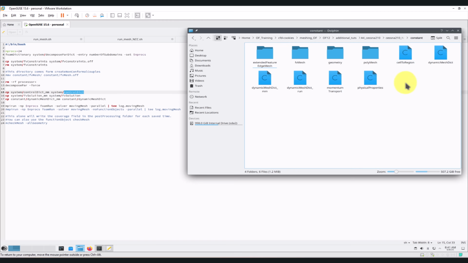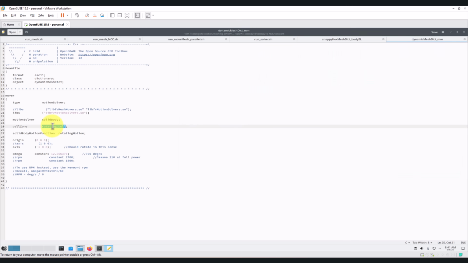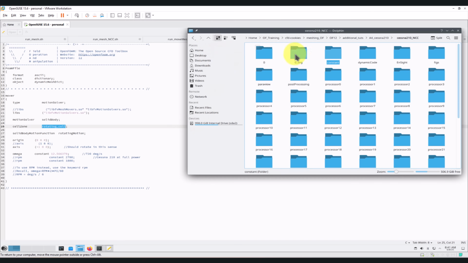So remember that you go into constant, you're going to find this dynamicMeshDict. So see that this is move, and M means moving mesh. Select the region. Remember that you created that at meshing time, similar to the MRF. Here you select that region and then put it into motion, and that's it. Okay, so same stuff as MRF, you can use tables, no limitation. And assuming also that you take your time, read the links,